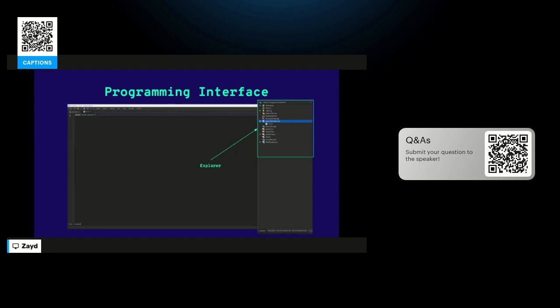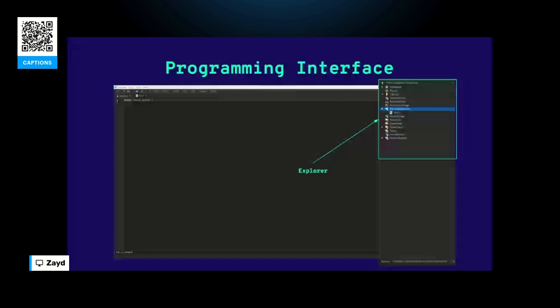Yeah, thank you. And then the next question is, what is the importance of remote events in this type of project and what are its limits? The importance of the remote events, I would say, is that the server is trying to communicate to the player, or the player is trying to communicate with the server. For instance, if the player has done something and I want a cutscene to play from the server, I tell the client, okay, play this cutscene, do this and do that. That way, the player is able to know, oh, I did something.